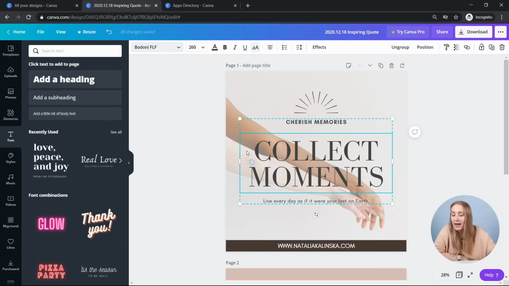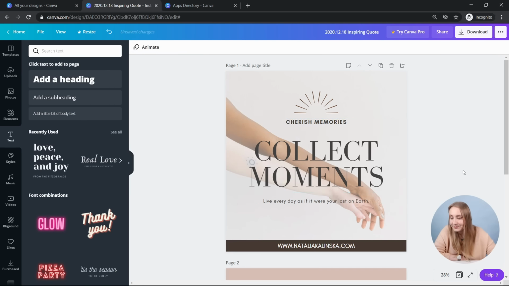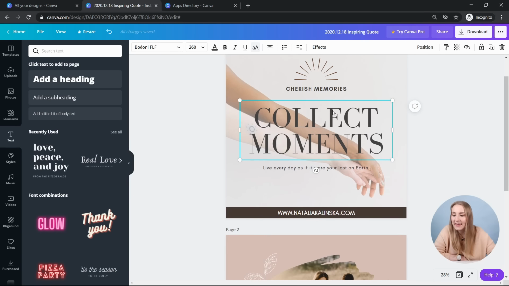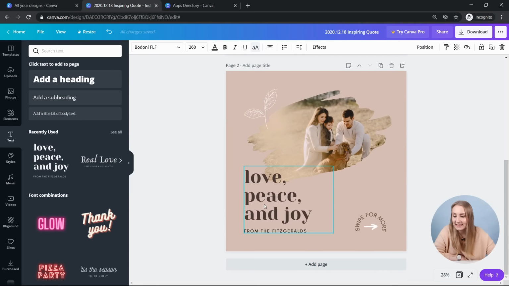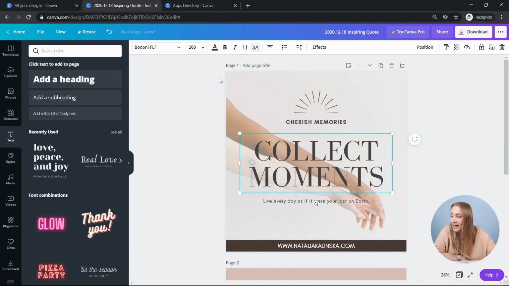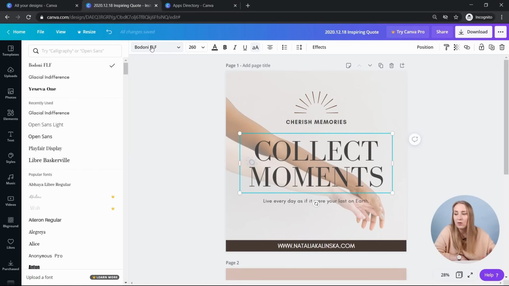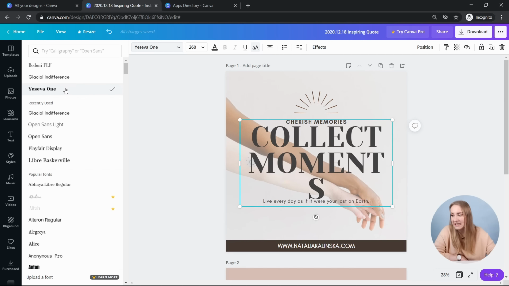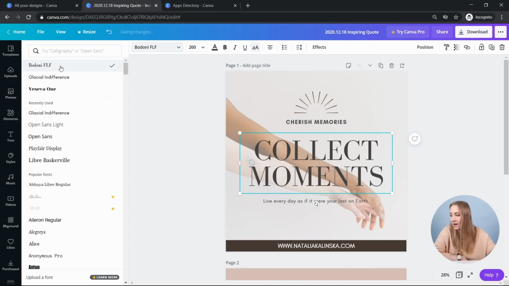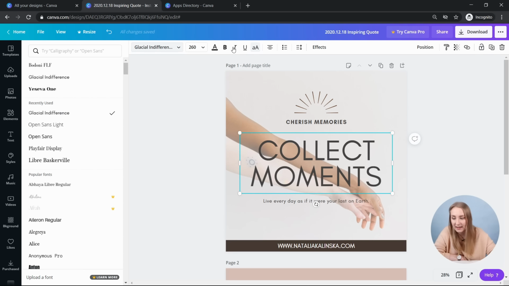And if I want to go back to this, I use that one from a template. So these texts are grouped, so I will ungroup them. And let's say I want to make that look a bit more like this, right? So instead of going and searching, I can still apply all the things one by one. So I can go pick, Yasiva, however you pronounce it, Bedoni, whatever. I can play around with these, right? And I can make it bold, I can make it smaller.